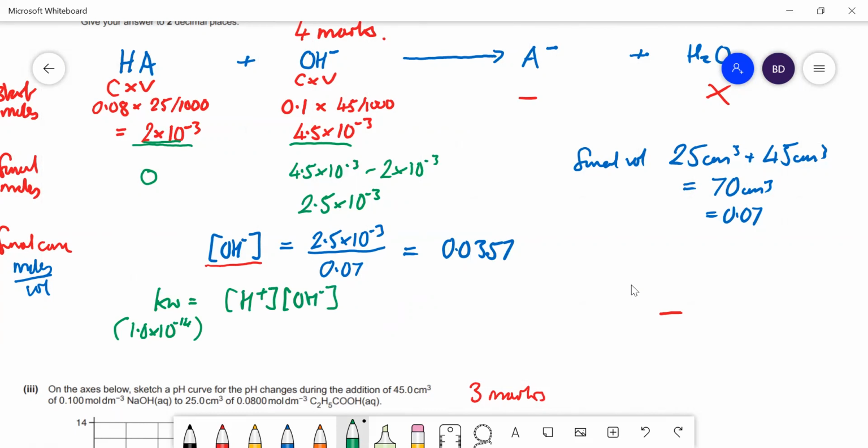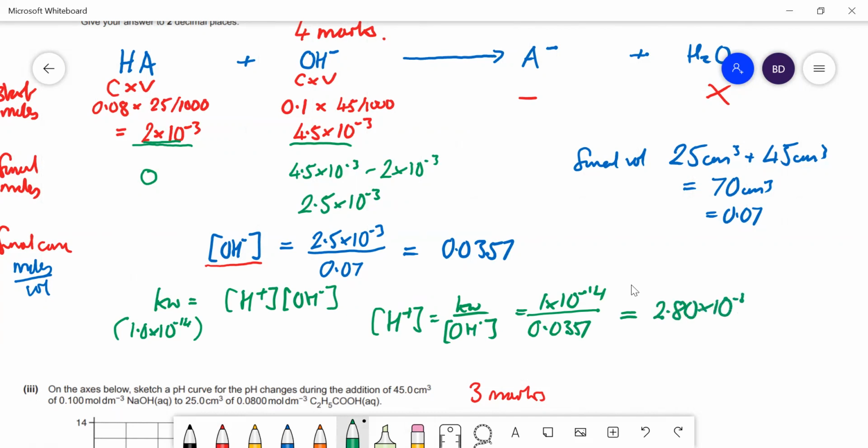So H plus concentration is going to be equal to Kw over the OH minus concentration. Put the numbers in, 1 times 10 to the minus 14 divided by 0.0357. That gives us 2.80 times 10 to the minus 13